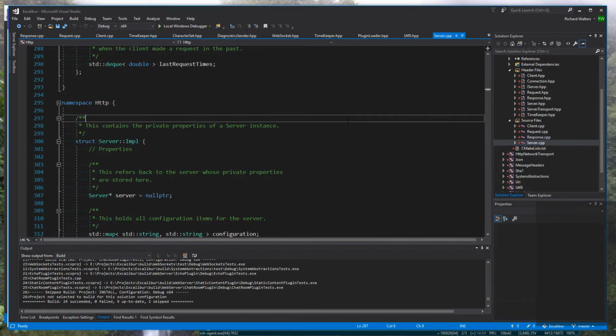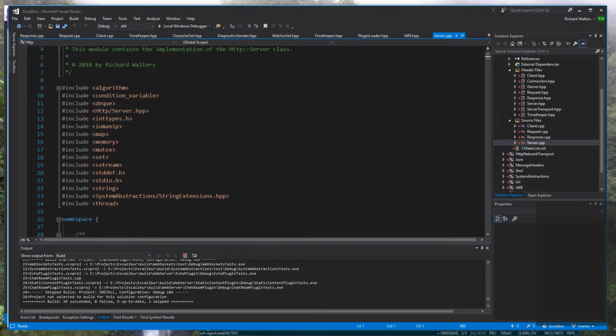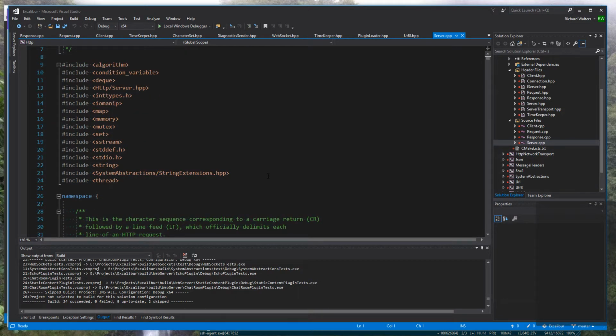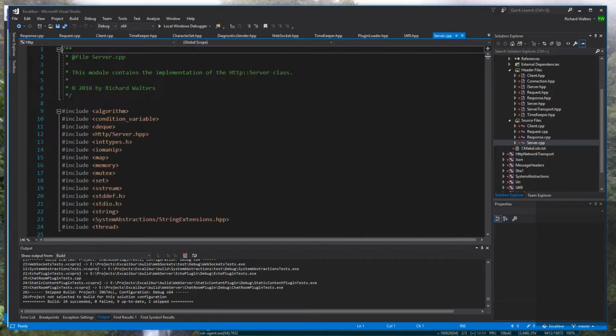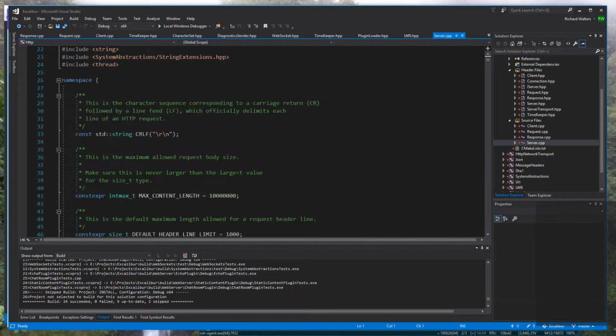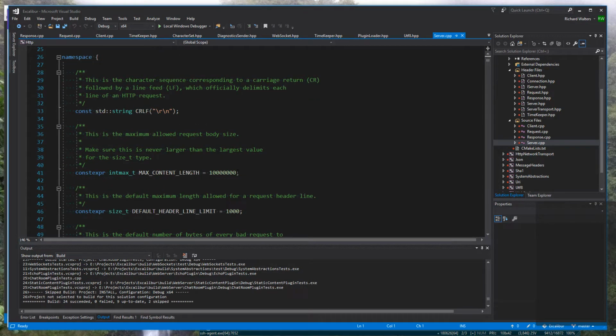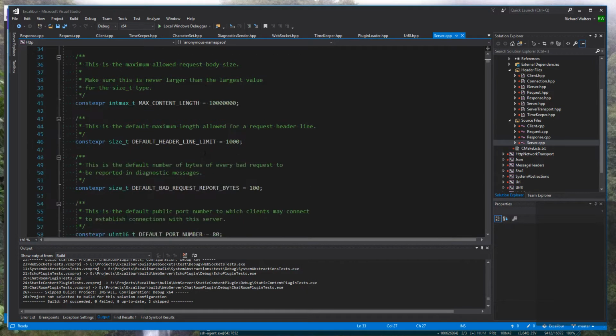All right, so here's the core of the web server. It's a lot of includes. I wonder if we need them all. We probably do, actually. I eyeballed that and I didn't see anything that obviously looked weird to be there. So we have this to give a name to the end line sequence. Then we have,